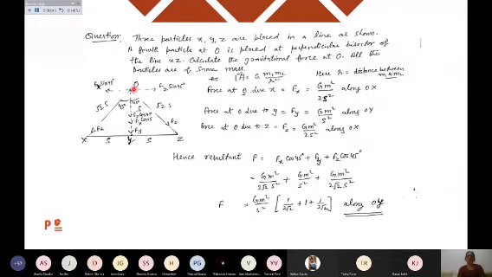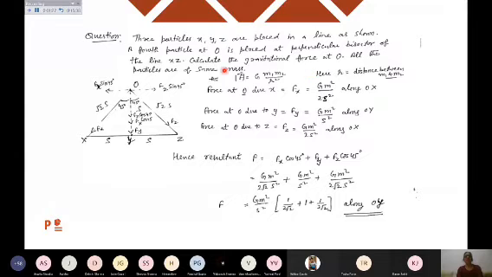You have to find the gravitational force at this O point, and it is given that all the particles are of the same mass. They have specified the masses are the same. They may take different masses to make different numericals. So basically we have to learn how to apply the superposition principle. Because if I am having two particles, simply I can find the force. But I'm having more than two particles, then of course I have to take the vector sum and apply the superposition principle.